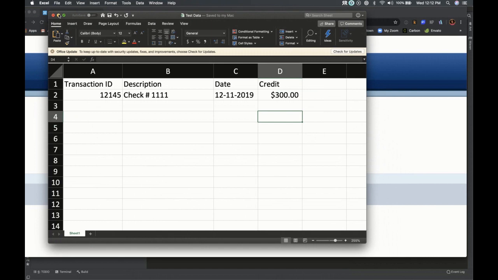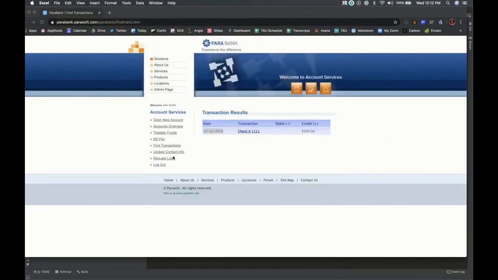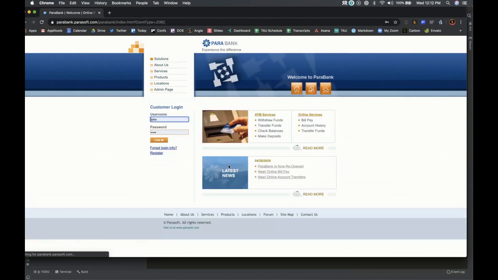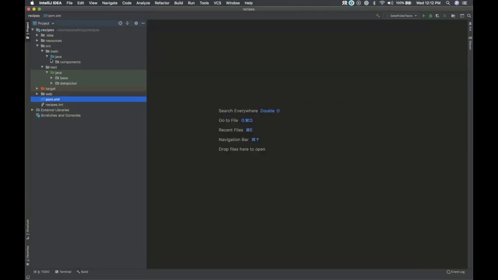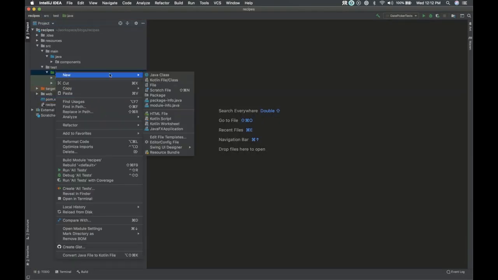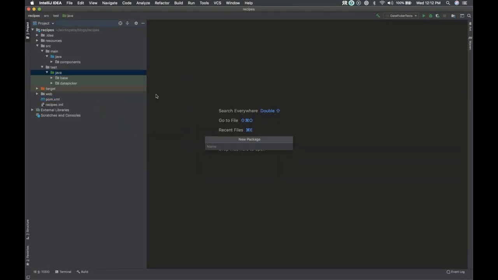Okay, so let's go to the code now. And let's log out of here because we'll need to get these steps together. All right, so I'm going to go into IntelliJ. Again, today I am using Java. Let's create a new package here called maybe files or something, spreadsheets.